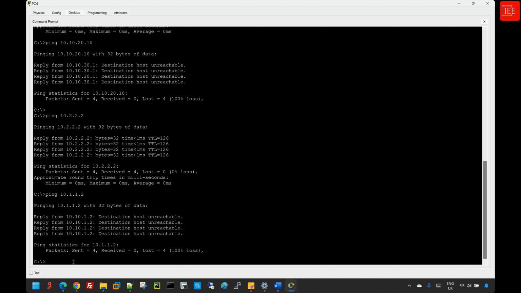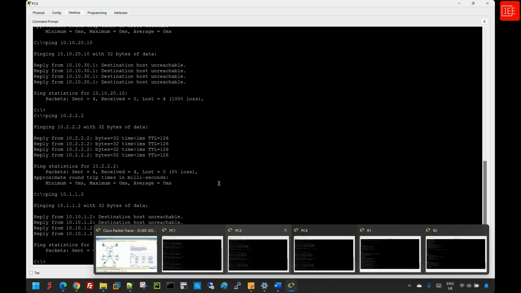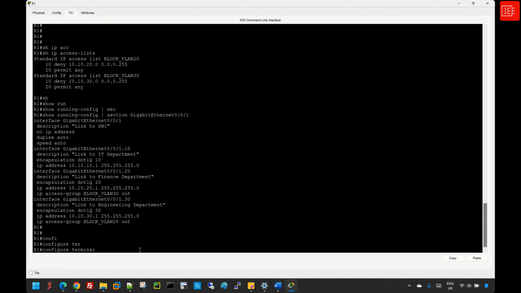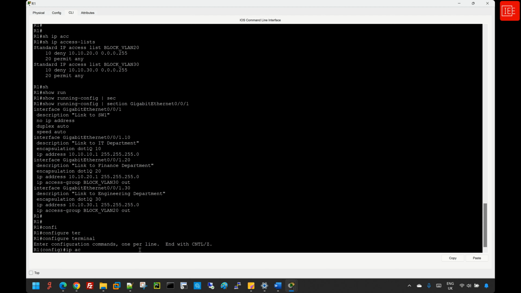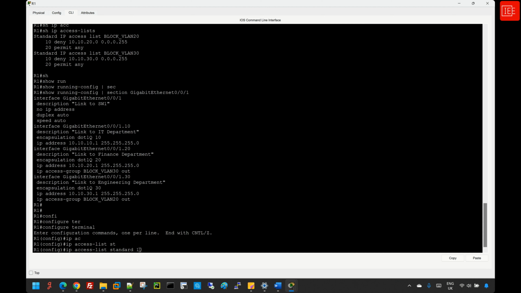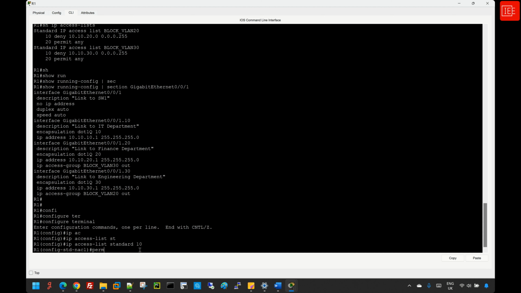Okay, so with that being done, let's move into step number 5, where we need to make sure that the IT department should have access to all departments. However, PC2 must not communicate with any other networks except its own network. That means we would need to go back to router 1, and from here, I'm going to create a new ACL. I'm going to say ip access-list 10. Actually, we forgot to mention standard. And I'm going to say 10 permit